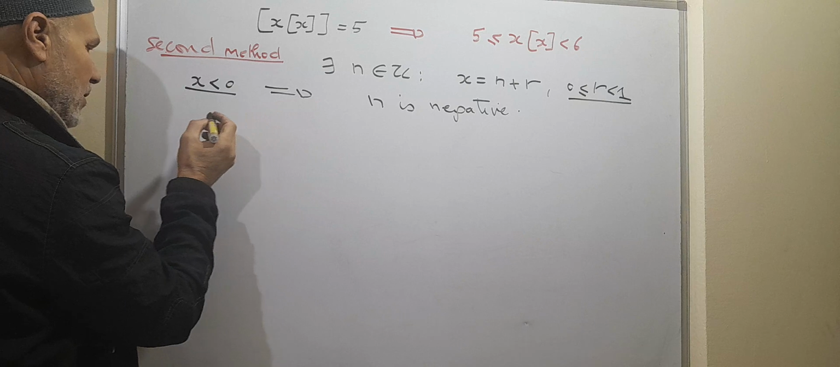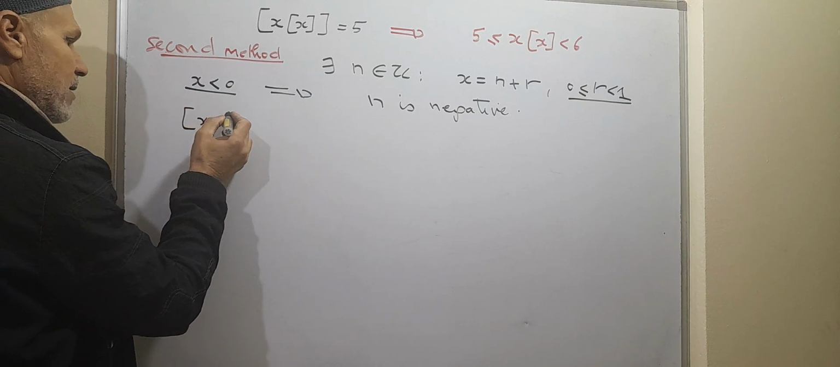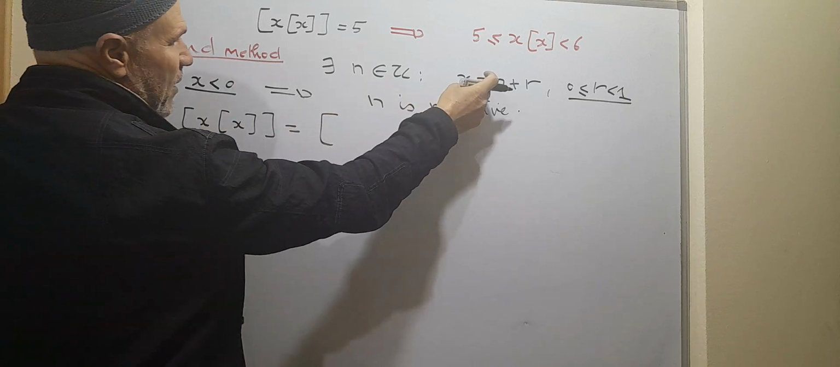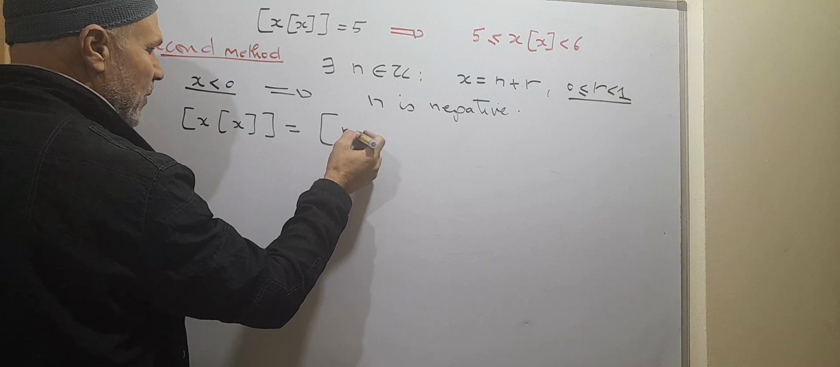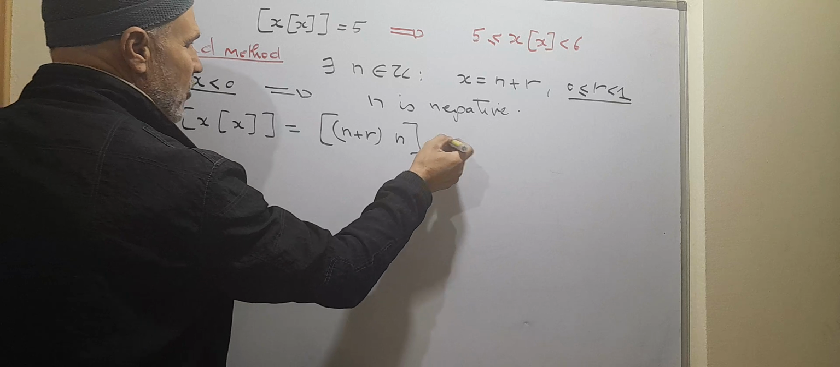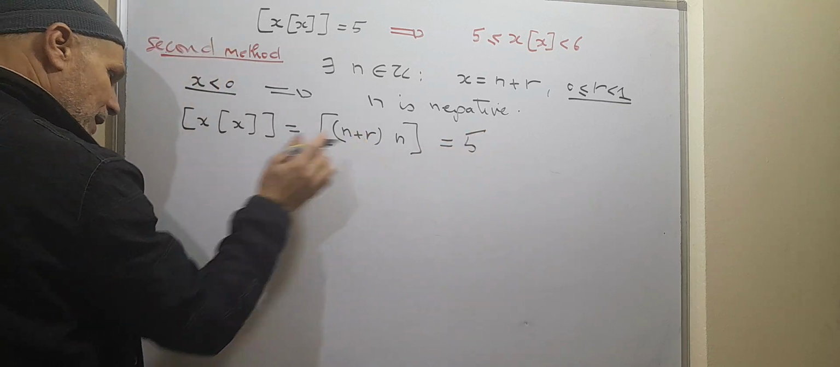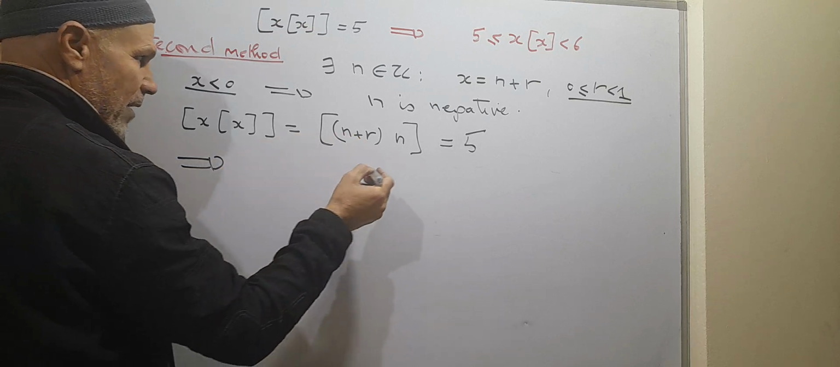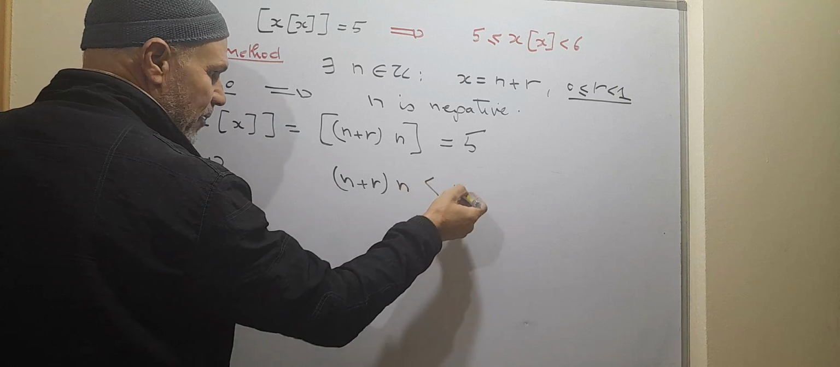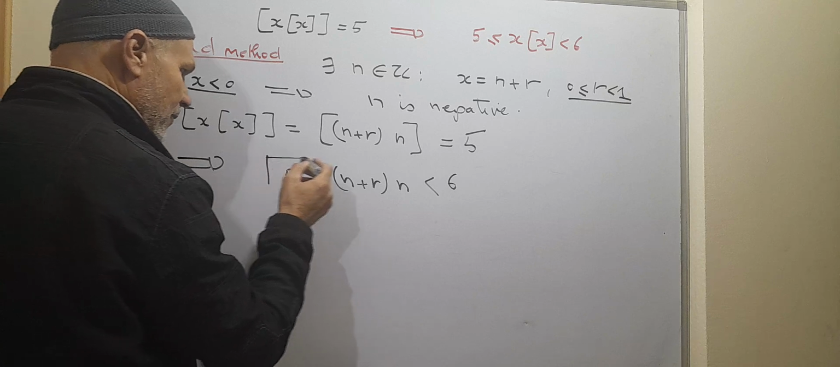From the equation x, if we use this notation, we will get this, which is equal to 5. And from this, we get that n plus r times n is strictly less than 6 and greater or equal to 5. This is the first